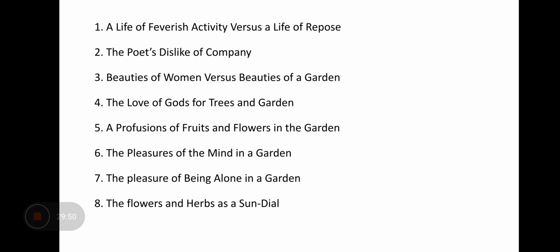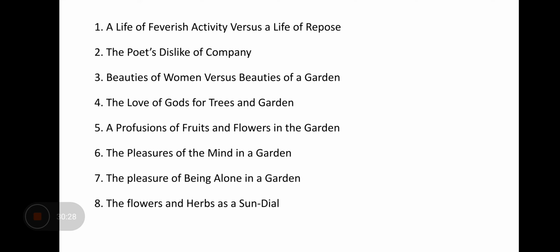Then he also argues that even gods were in love with gardens and trees. When we have exhausted our passion, or when our passion has spent itself, we take refuge in a garden in order to relax and take rest. Even the gods love gardens. When any god chased a beautiful earthly woman, he did so because she was a potential tree. For instance, Apollo chased the nymph Daphne only because